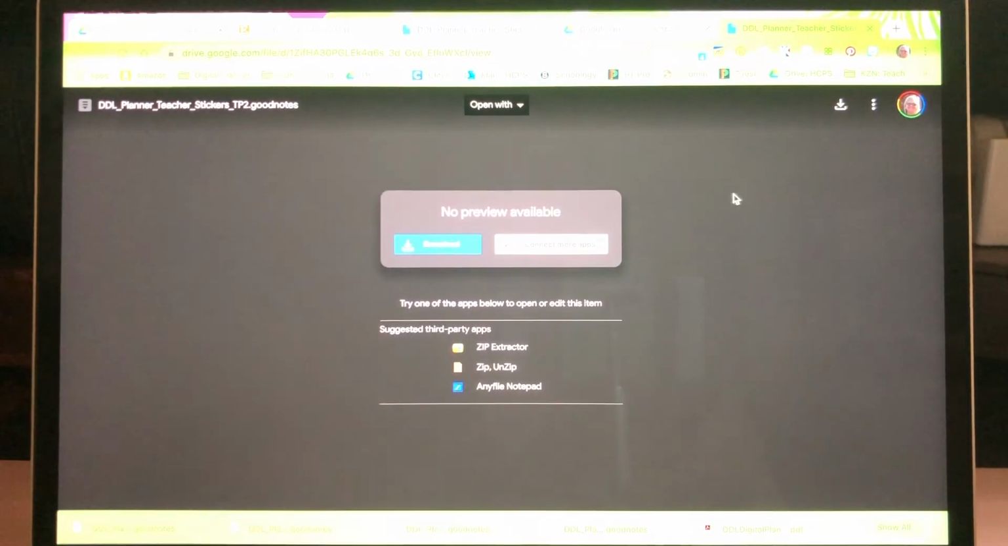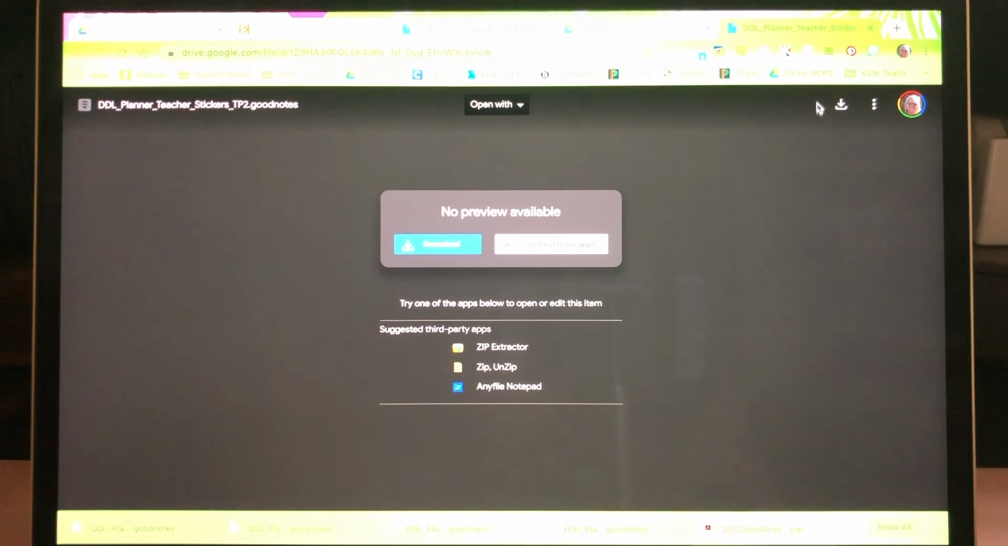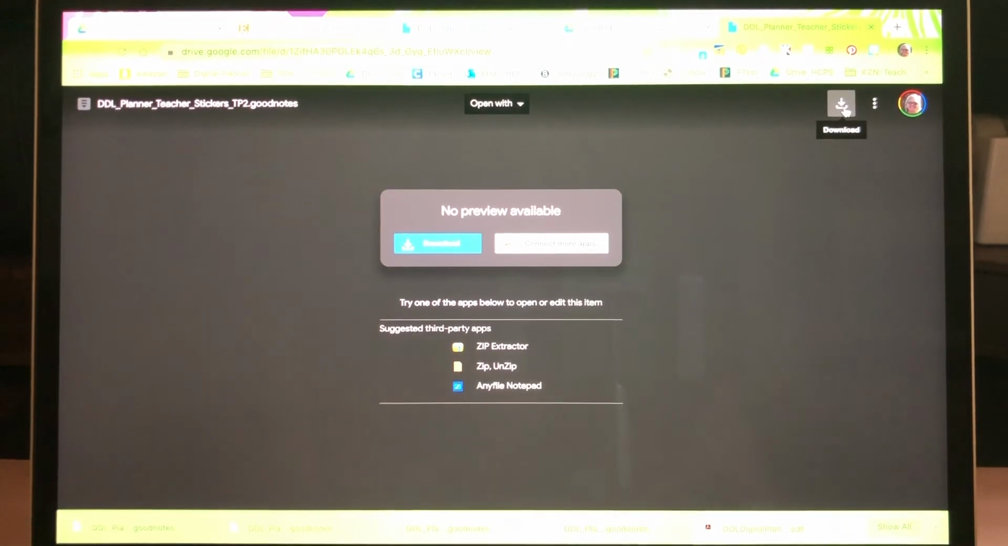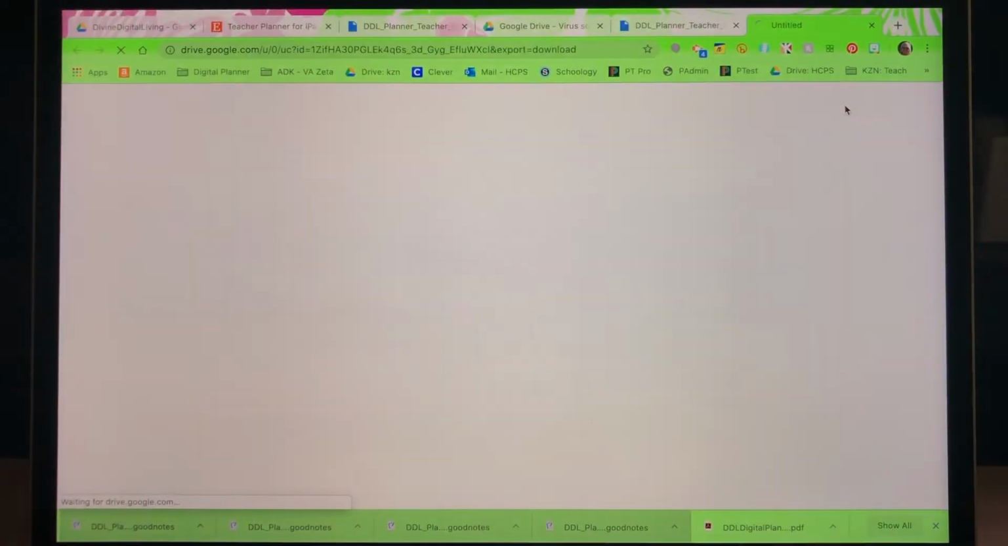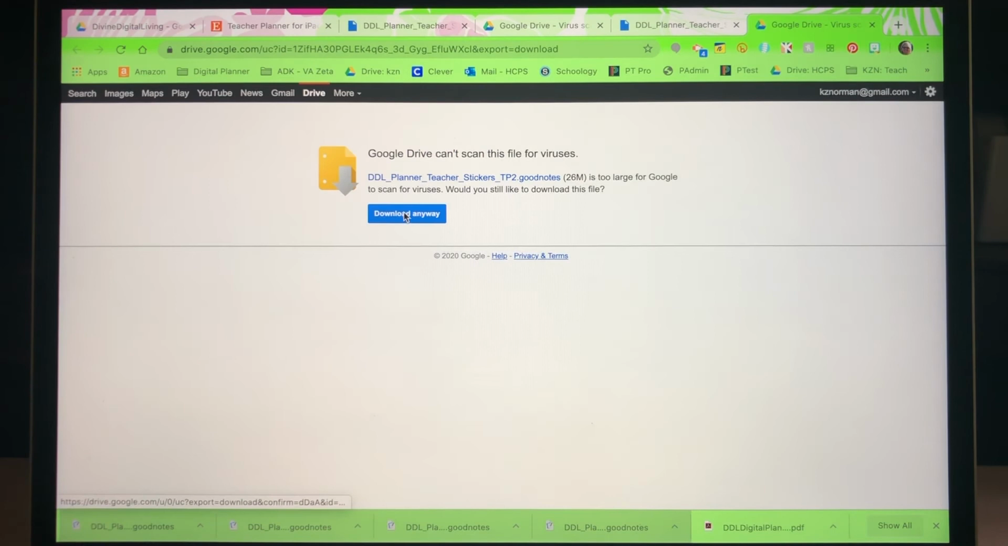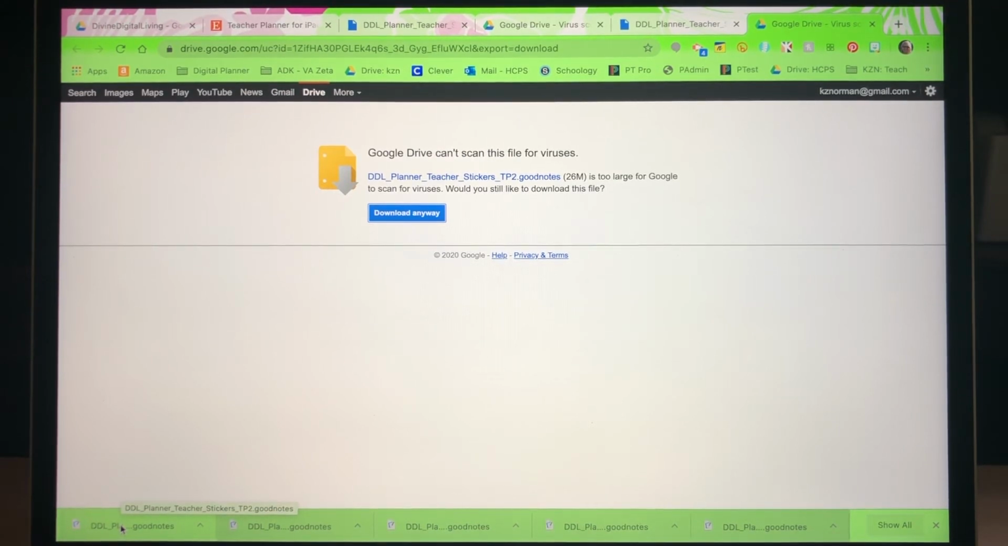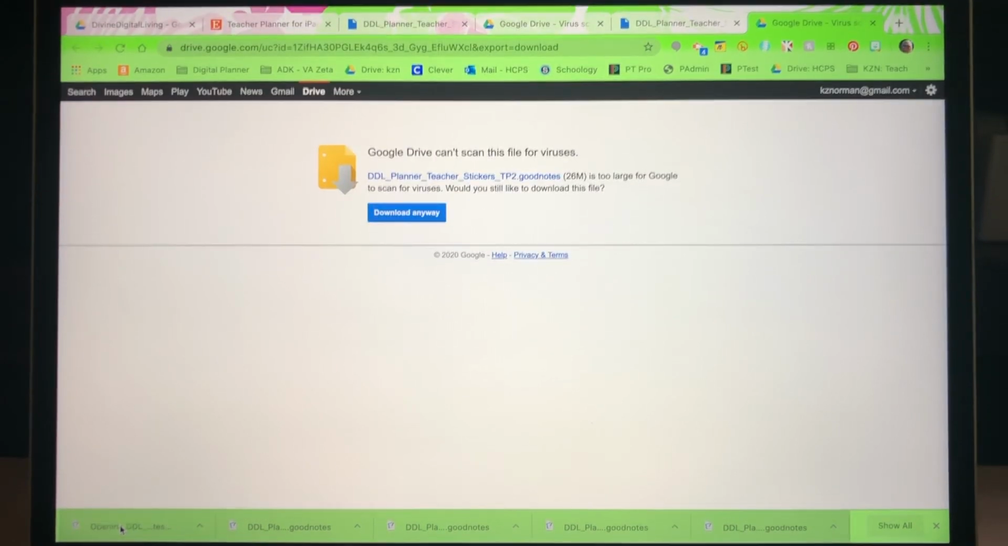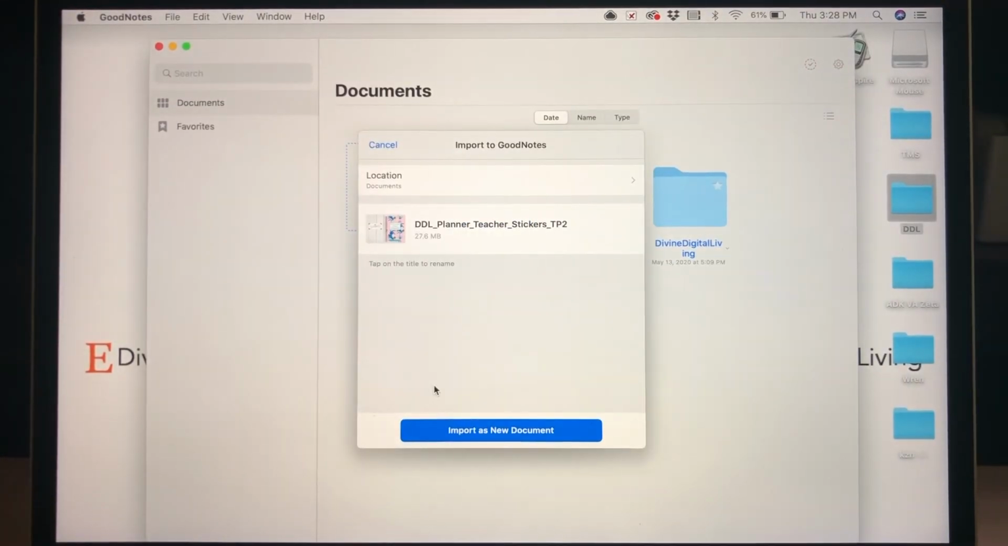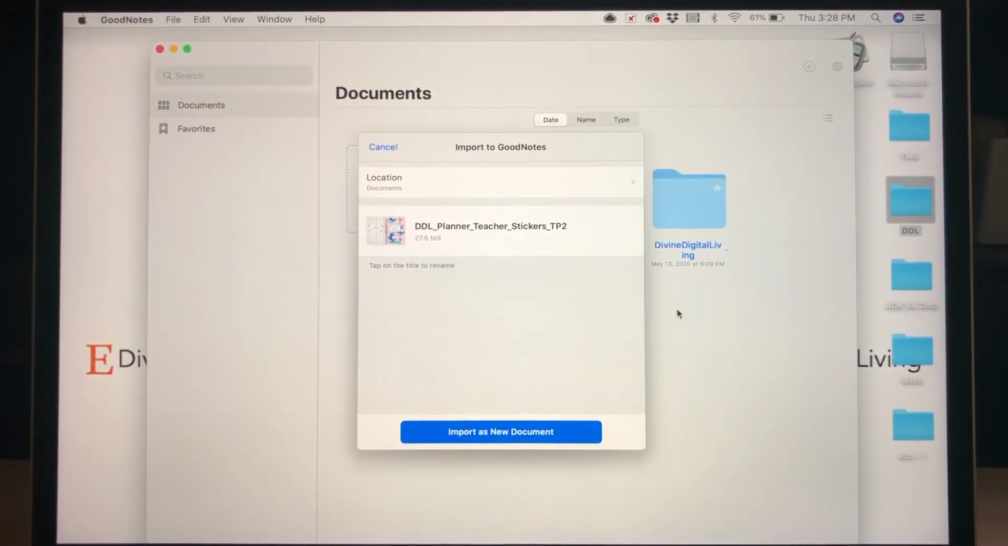This is going to take you to my Google Drive. In the upper right hand corner, there's a little down arrow with a little file box. That's the download icon. So you want to double click on that and you want to click download anyway. And it's going to go to the bottom bar and it'll also go to your downloads folder. So you just want to double click on that and it's going to take you to your GoodNotes